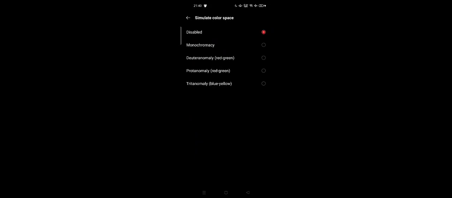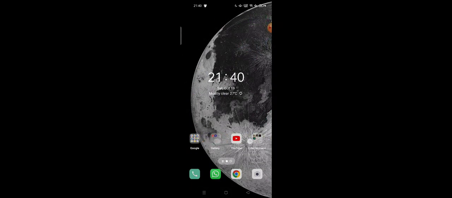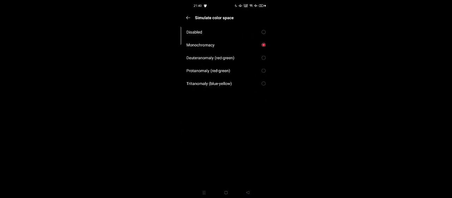This can switch display colors between a few different modes, including a monochrome option. Let's try monochrome, and here we go. Your phone becomes monochrome, black and white here. And let's try deuteranomaly. So monochrome, but the red color becomes green,